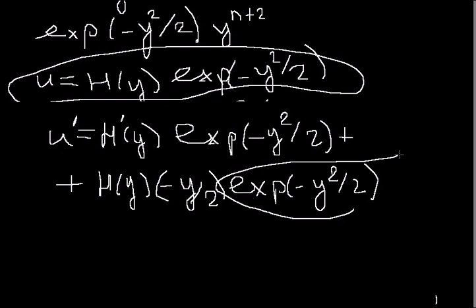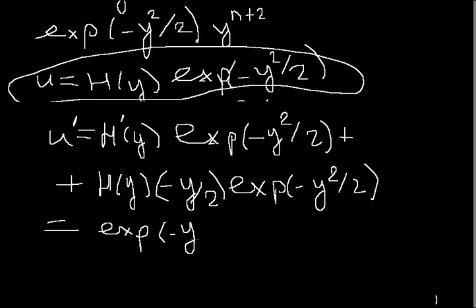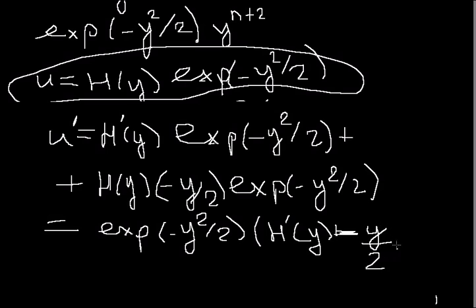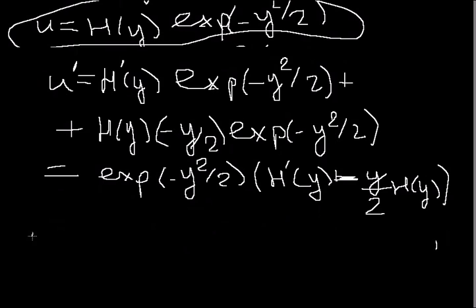And let's take the exponent as a common multiplication term, and let's rewrite this expression in the following form: exponent minus y squared divided by 2, brackets, h from y plus minus y divided by 2 h of y, and so close the bracket,